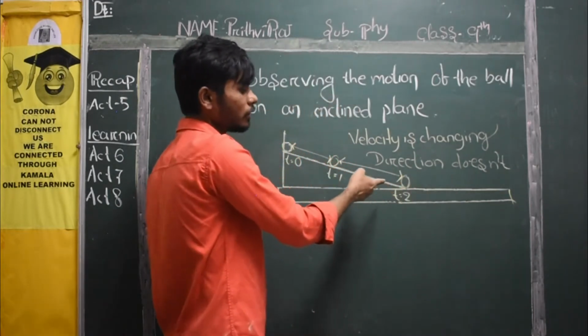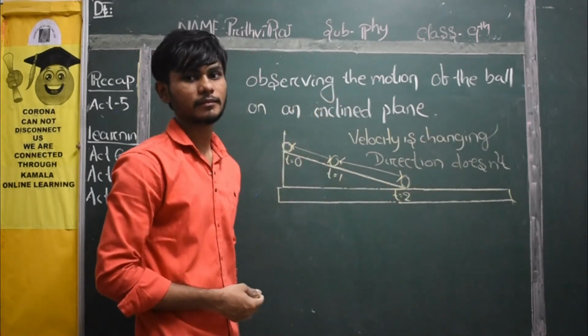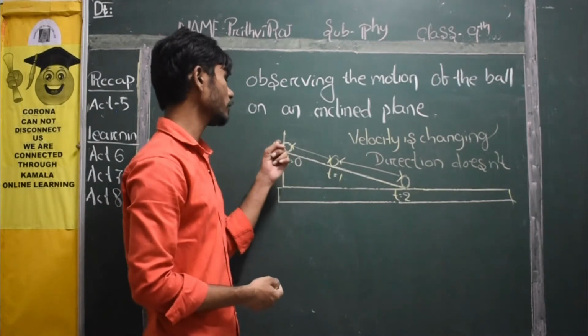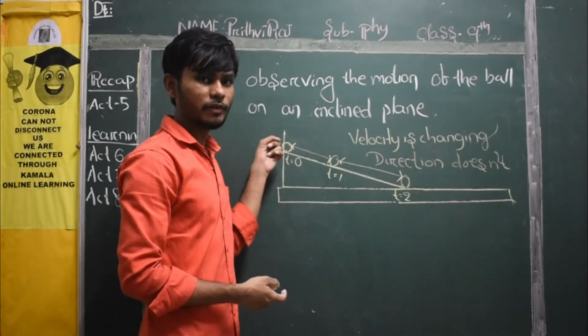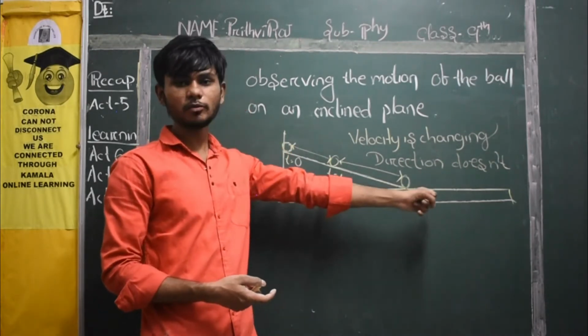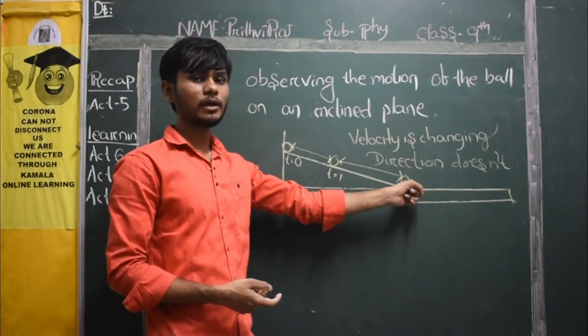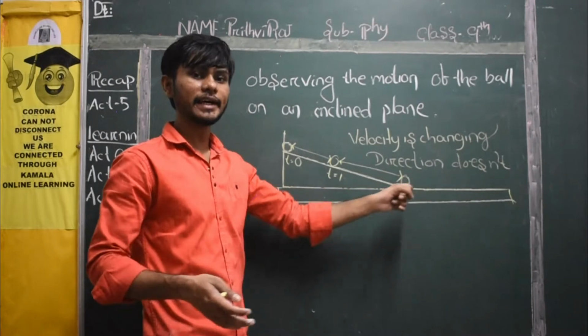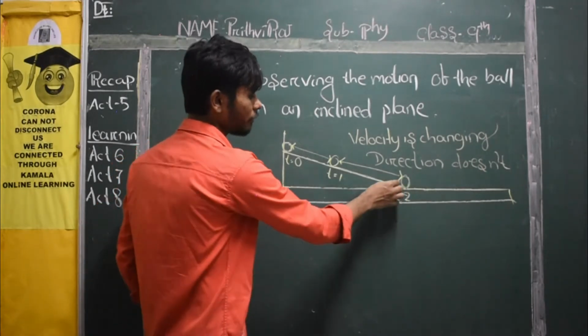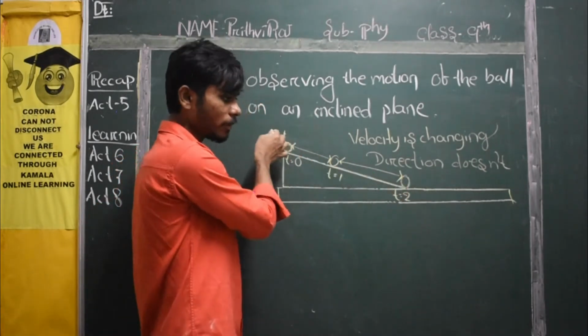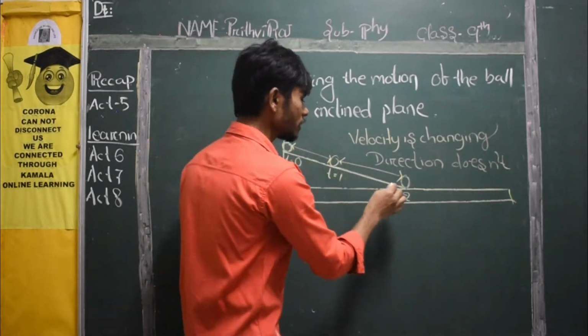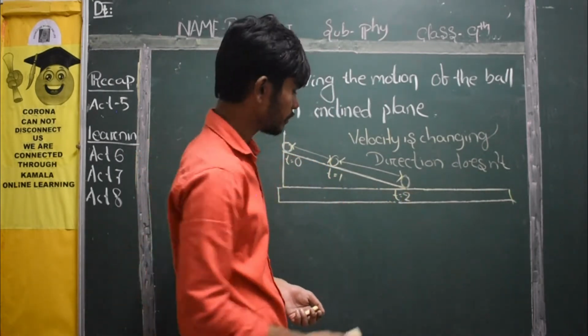We will try to push it in the upward direction. Okay, first what have we done? We placed the ball on the inclined plane and left it so that it could move towards the downward plane. Now we will keep the ball at the downward plane, and we will try to push it upward. So what will happen? It will try to move upward. Okay. At first here t is equal to 0. Suppose.